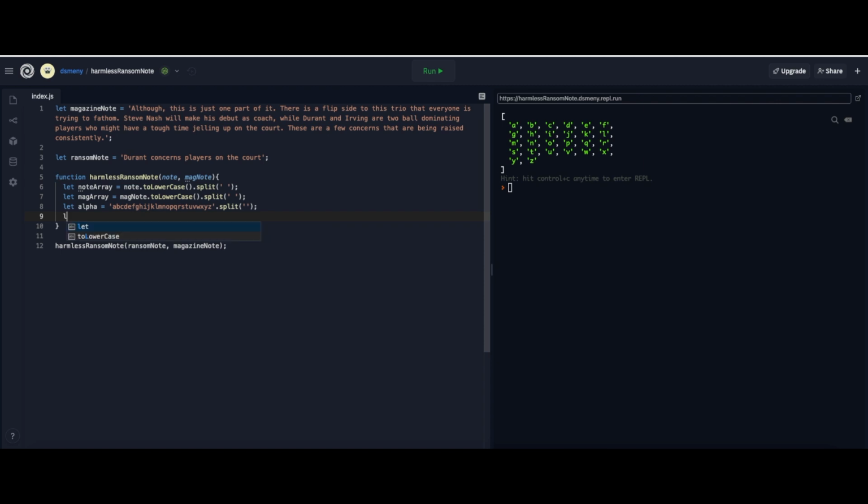So now we're going to create our table, and we'll just call it magObj, and it's an empty object. We're going to create our hash table now. And to do that, we're going to do magArray forEach word. Okay, and we're going to create an entry in our table to keep track. So we're going to say if magObj at the word,